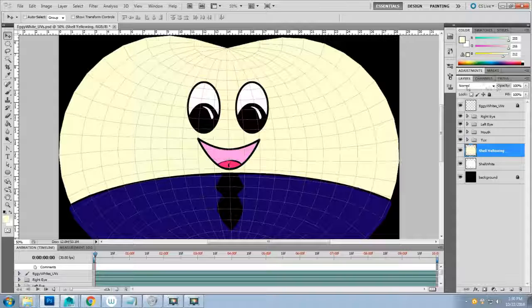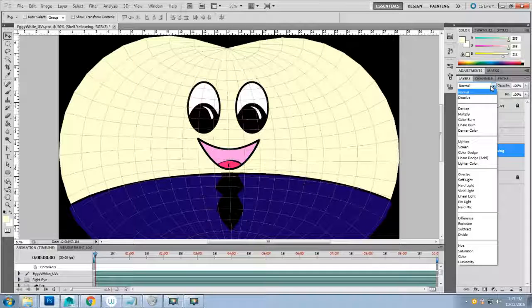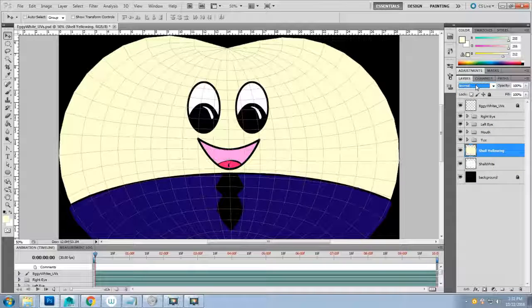So I want to blend it. I have a lot of blending options here, or I have opacity. I'm going to try some blending options so you can see how they work. I'll just go down the list. If you want to see it live update, click on it till it turns blue, and then hit the down arrow, and you'll see what each of these modes does. We're on multiply, color burn,